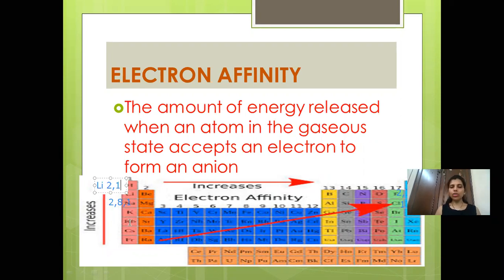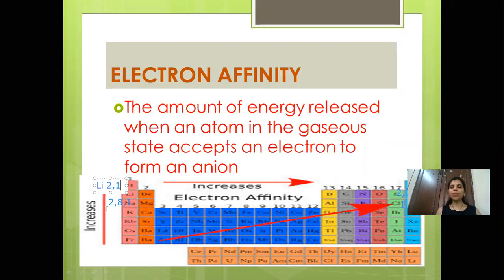So now you are moving down the group. Now you can see what is happening to the atomic size as new orbits are added. The atomic size for sodium is more than compared to lithium. So as the atomic size increases, what is going to happen to the electron affinity? It is inversely proportional. So more the atomic size, less will be the electron affinity. Now nuclear charge. As the atomic number is increasing, here it is 11 and here it is 3. So you can see that more protons are there in case of sodium. So nuclear charge is increasing.